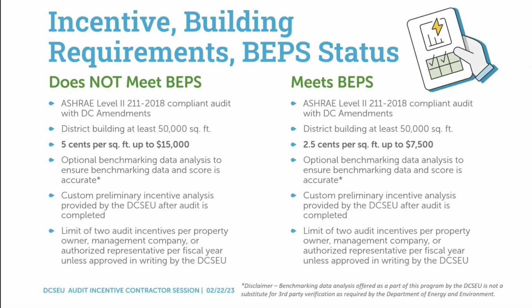We'll take a look at your ASHRAE Level II audit as part of this process to kind of litmus test what kind of rebates may be on the table as part of this discussion to engage on a long-term capital planning process. There is a limit of 2 audit incentives per property owner, management company, or authorized representative of those firms per fiscal year, unless you all reach out to the DCSEU specifically in writing to request additional